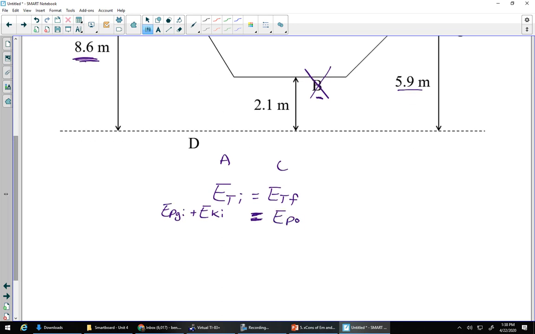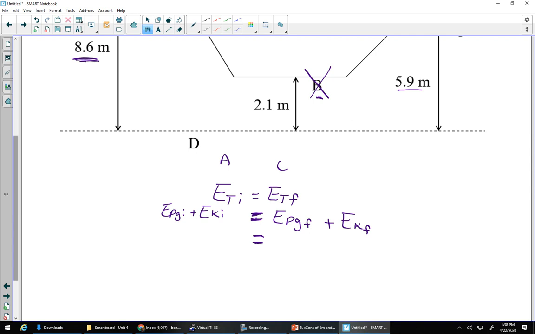So EPG, and we'll call that EPGF. And the question is asking us for the speed at part C. So that's going to be the kinetic energy at C, which I'll call EKF. Again, it's going to be a different amount. Right, so it's losing some of its gravitational and some of that gravitational is turning into kinetic. Cool, so from here, all we have to do, I'm keeping both sides of the equal sign again, and I'm